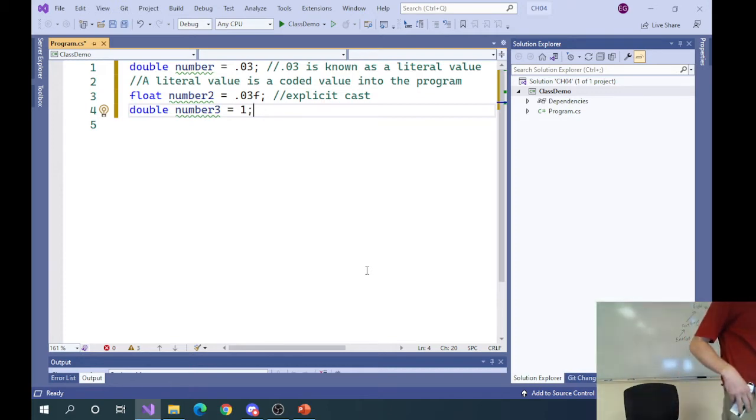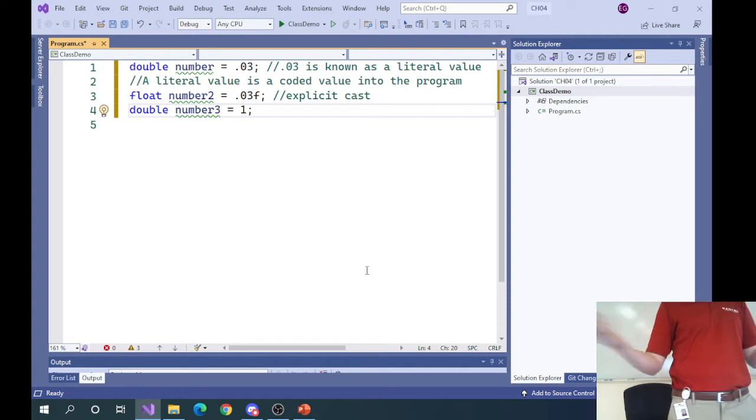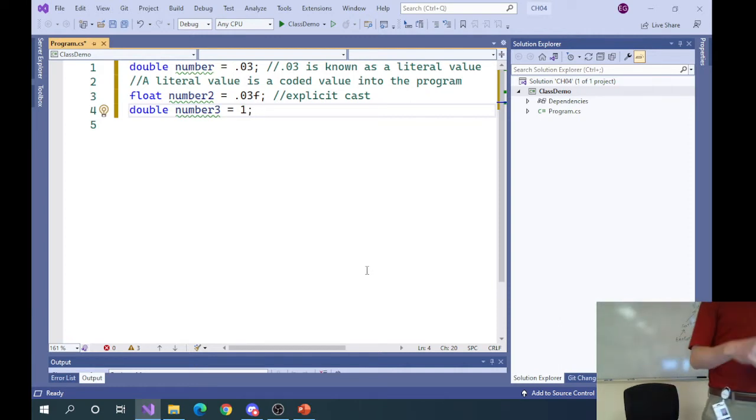So because there's no potential for data loss, there's actually a cast that's happening here automatically for you, and you really don't have to worry about it. Believe it or not, there's a conversion that's happening behind the scenes for you. Okay? So rules of thumb, pretty simple. The explanation, a little bit more detailed.